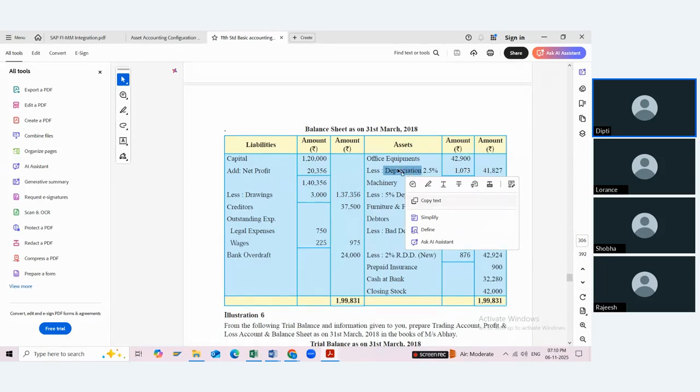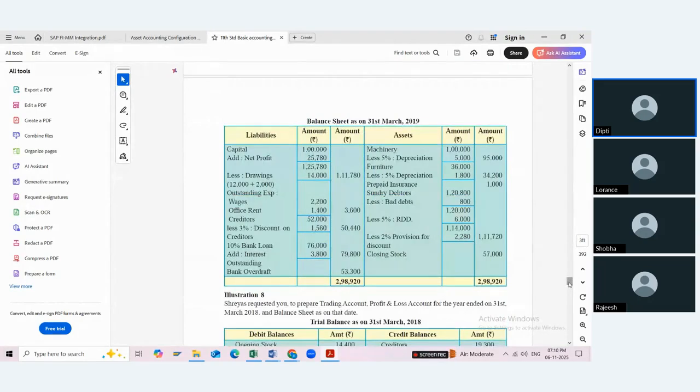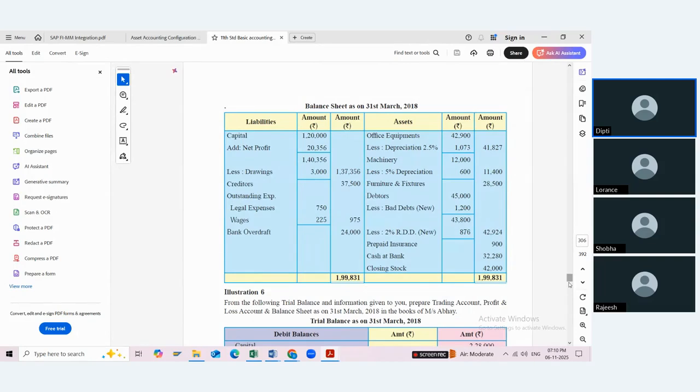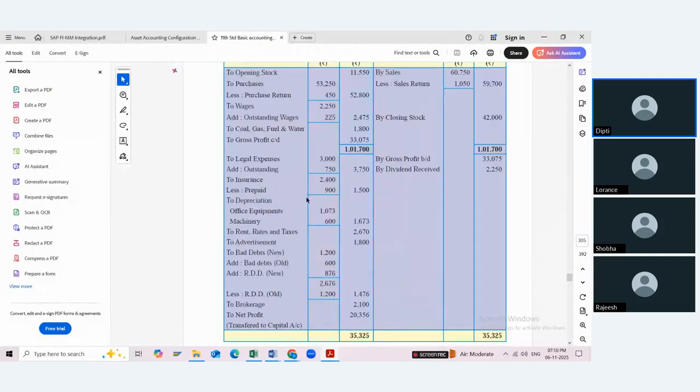So these two GLs we need to create as balance sheet GLs, and whatever depreciation we get is shown in your P&L. Here it is shown under depreciation, and whatever depreciation we have calculated is your expense account, right?